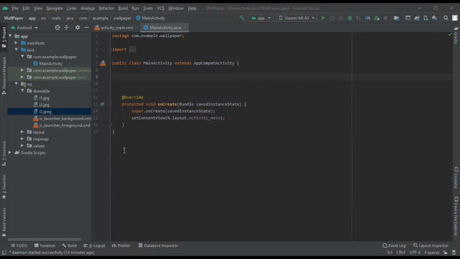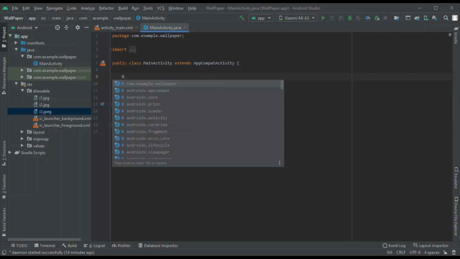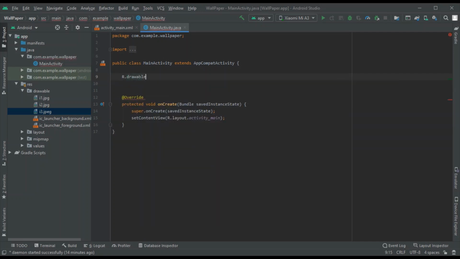Right. Okay, so after doing that, now you need to use these images in this program. So you can use this R object. In that, there's a method called drawable, and in the drawable, you can see these three are the images which you want, right? So you can just name those images like this, and a similar thing has to be done with those two images also. Yeah, so now you have these three images, and now I want to iterate over all these images.